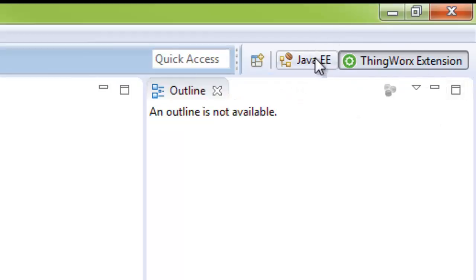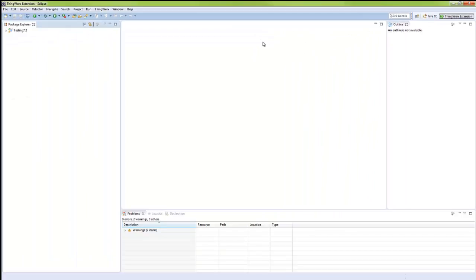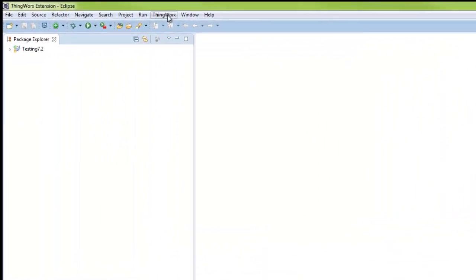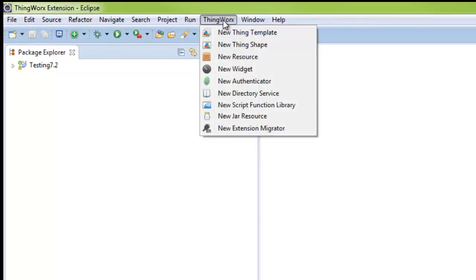Now you'll see in the top right corner is the toolbar I was talking about with your available perspectives, and this is typically the most recently used perspective, so if you continuously have the ThingWorx one open, it will continue to appear up there. So now what I was talking about is this new ThingWorx menu